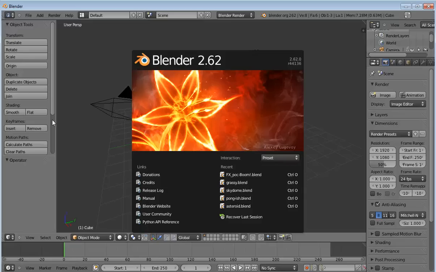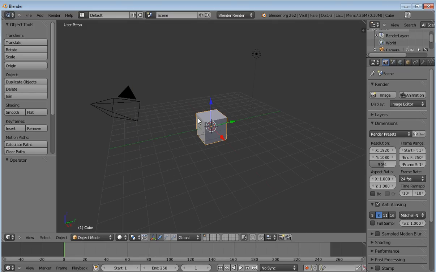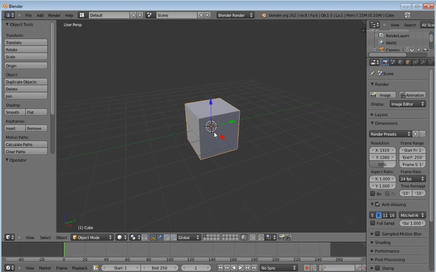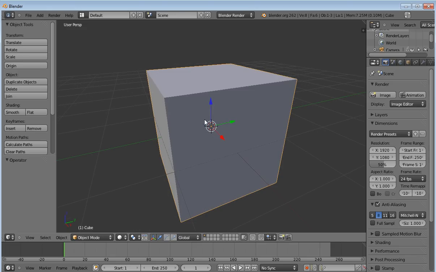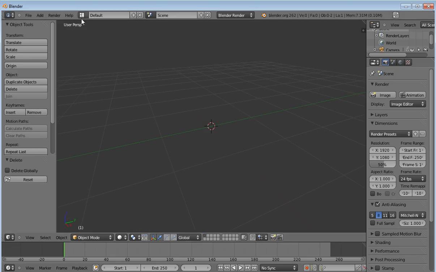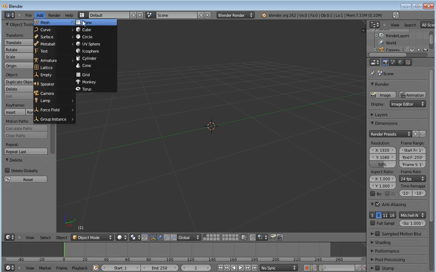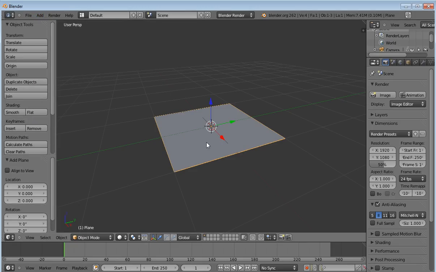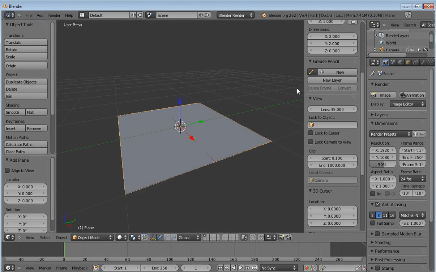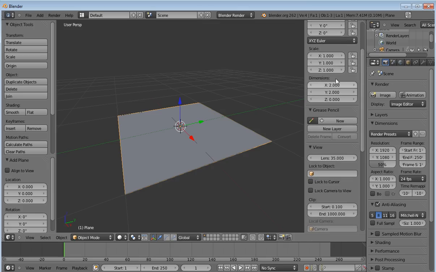This is a short tutorial on using translucent images as textures in Blender. Alright, take my old friend, the default cube. I'll delete that. What I'm going to do is add a couple of meshes. I'd like to add a plane. I like to make this a large plane, so I will scale this up